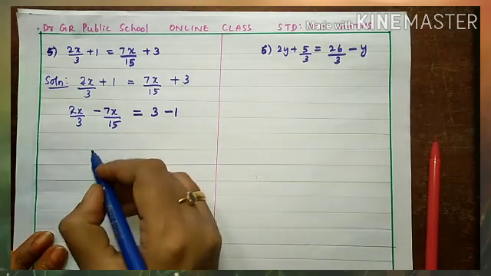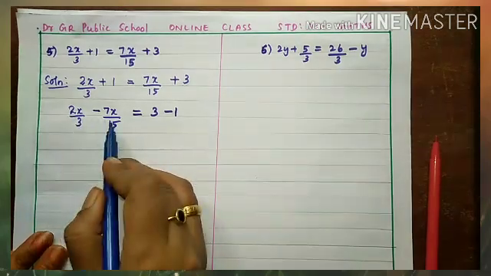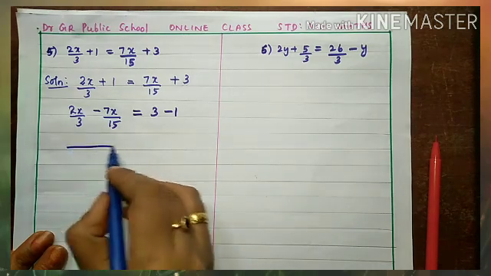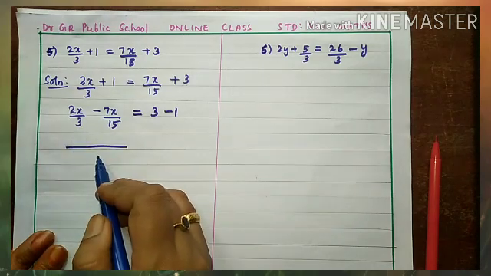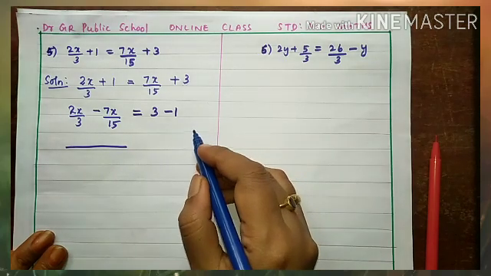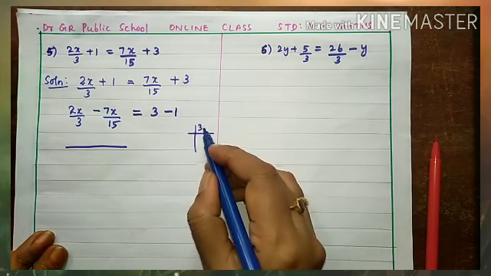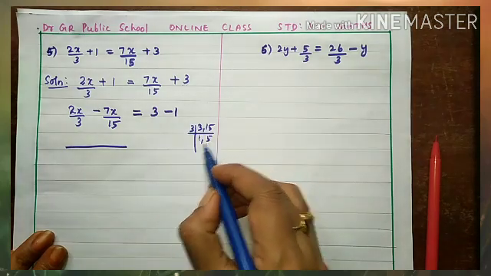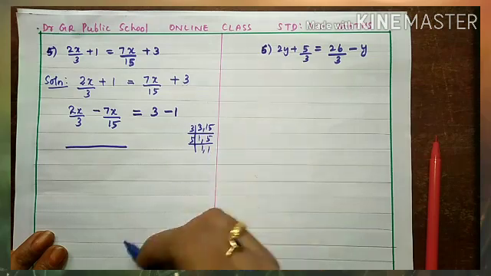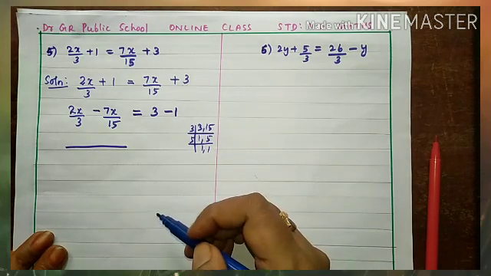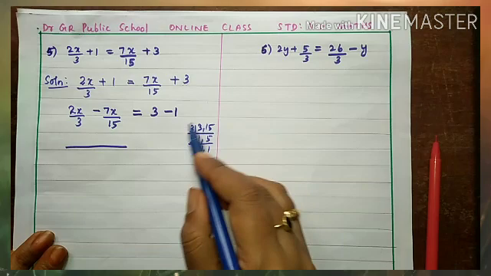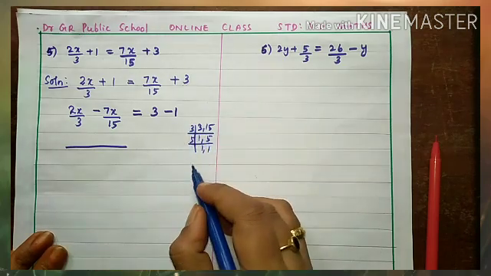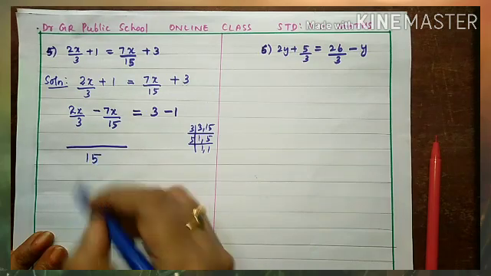Now next step, you see again we have two fractions. We want to find the LCM. So left hand side, what is the LCM of 3 and 15? If you have confusion, you just do it this way: prime factorization, this method. So 1 3 is 3, 5 3s are 15, 1 1. So for big numbers or any confusion you are having, you can apply this method. So LCM is 15 here. 3 into 5, 15. So write 15 as the LCM.